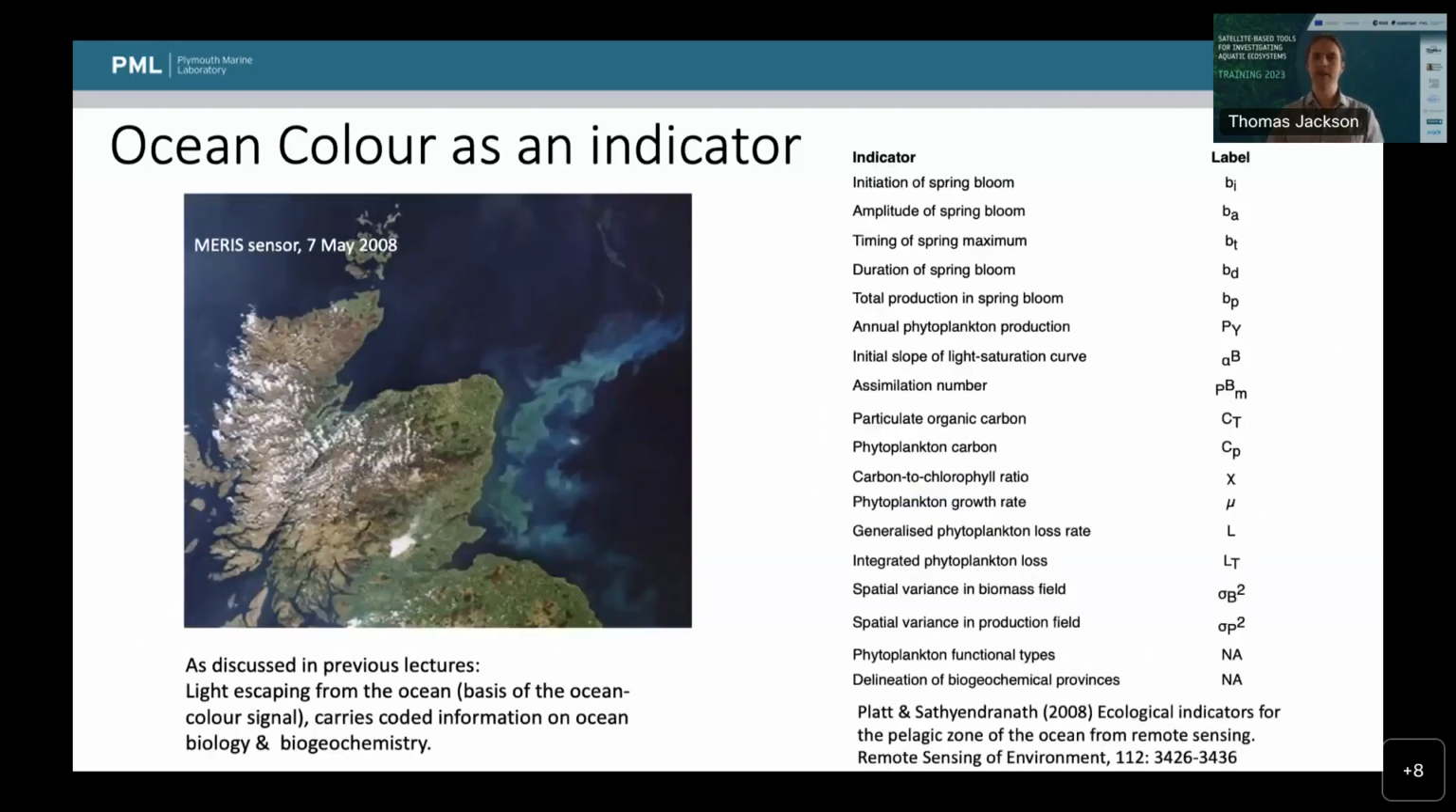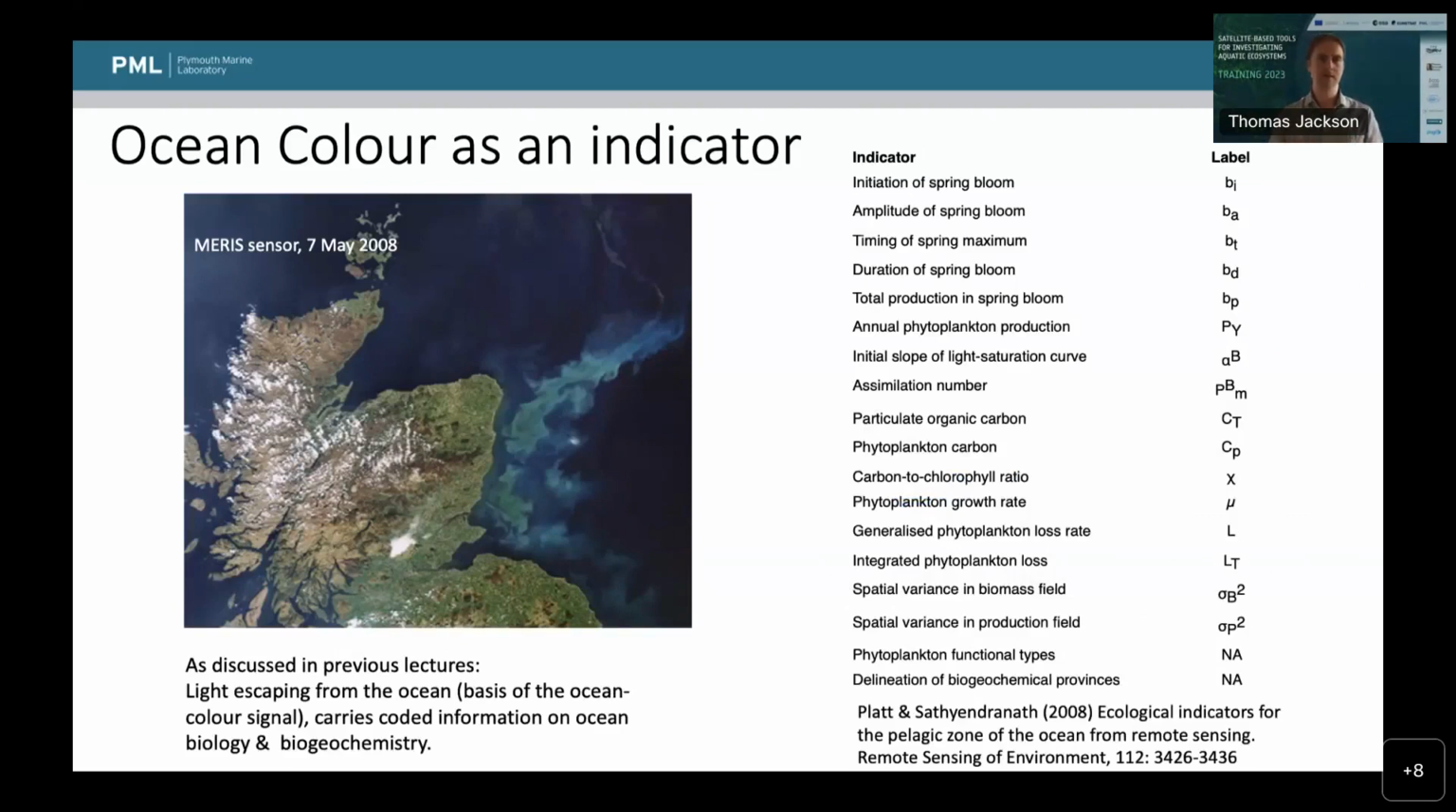And I don't think the plot here on the chart on the right has been shown in previous lectures, and this is a really nice summary from a paper from Trevor and Schuber that was looking at a range of indicators that you can derive from ocean color. So when we talk about ocean color in the climate record, or as an ECV, which I'll come on to later, primarily that's reflectance and chlorophyll are the variables, but from that we can derive a